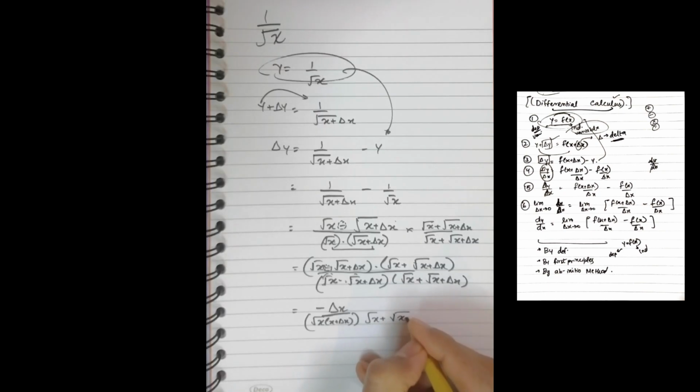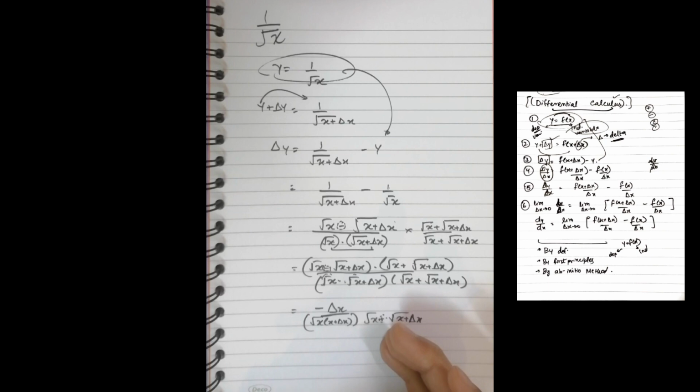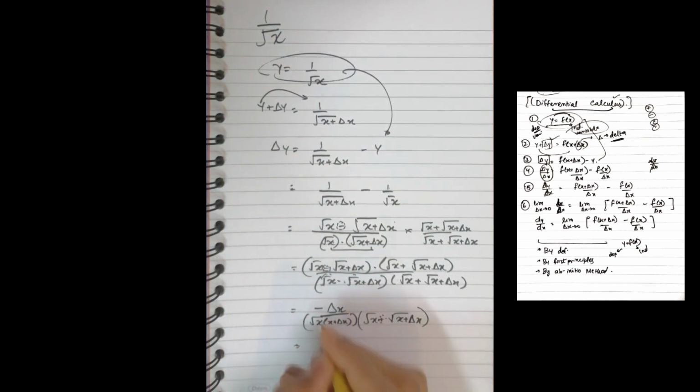Okay, I cannot combine these two terms because there is a positive sign. Whenever there is a multiply sign, you can combine them together under one root, but whenever there's a negative sign or a positive sign, it means that they are being added or they are being subtracted. You cannot combine them under one root. Okay, so this is the thing, and you can see that there is a negative delta x in the top